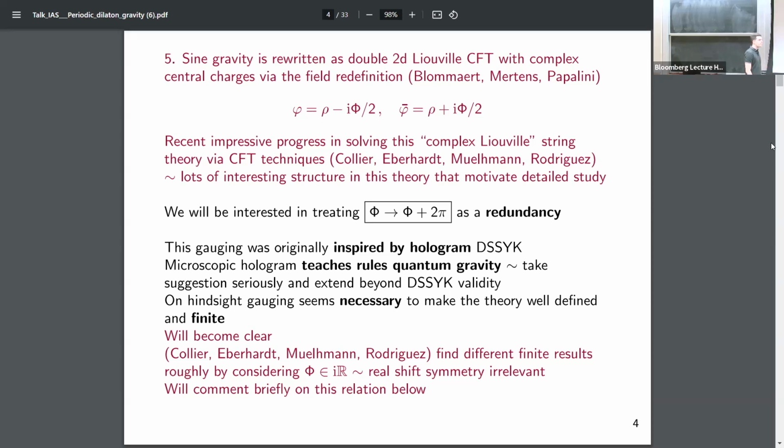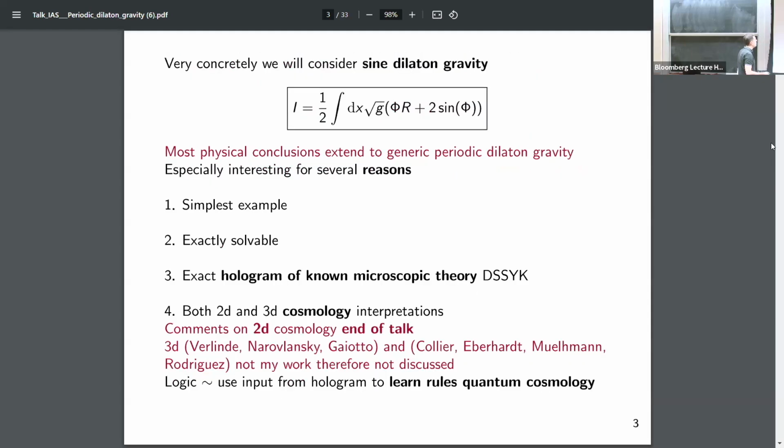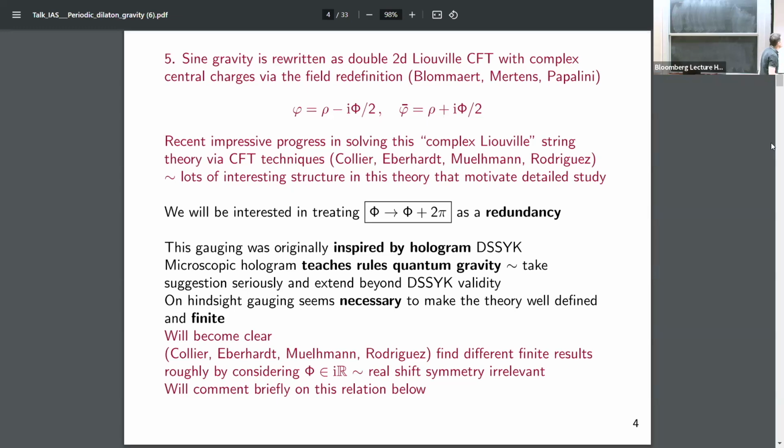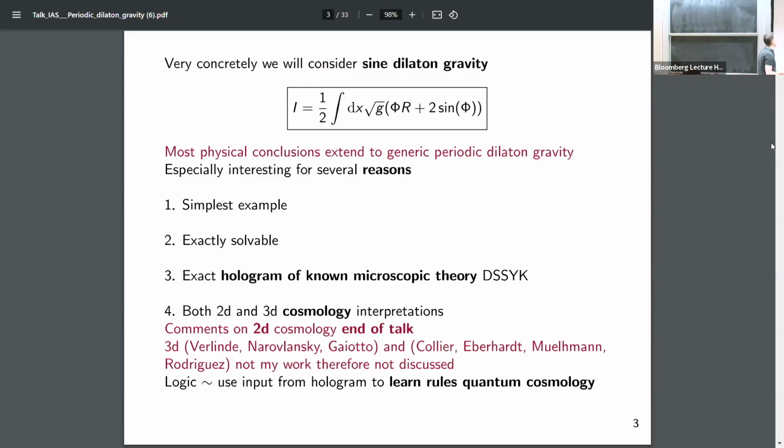Question. There are many fonts with phi. Can you go through all of them? So there's uppercase phi in the box. Yeah, uppercase phi is the dilaton, and that's periodic. And the potential, the one that appeared on the previous slide, is it the same font or no? Same font. Is it invariant if we shift phi by 2 pi? Yeah,